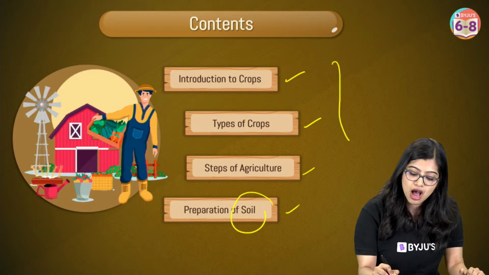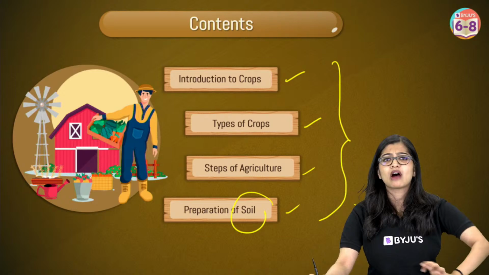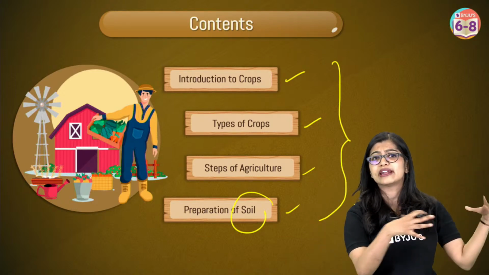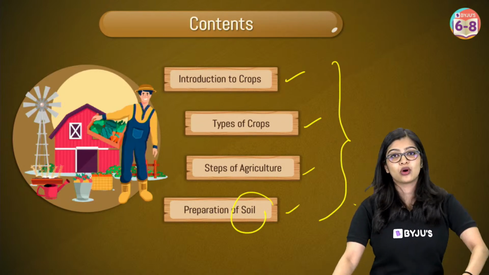Right? So these are the 4 things that we are going to cover. Now you must be wondering, ma'am, then why did you give such an elaborate explanation about agriculture and food and everything? We could have just started off with all of this, right? Now see, one thing I will always tell you.